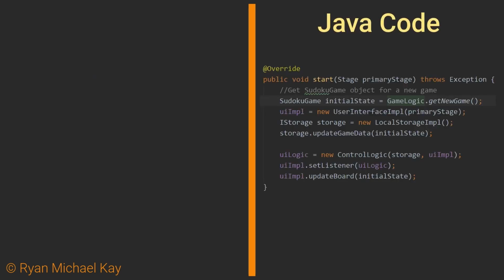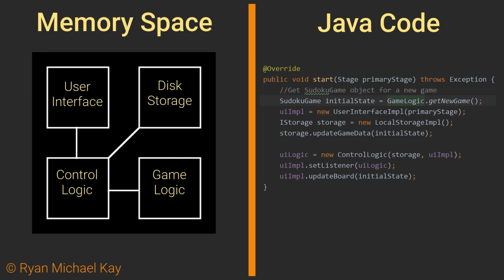For example, in the application I will be using as a teaching tool in several lessons, one of the first instructions, also known as methods, which is executed is called start. Do not worry about understanding everything going on here just yet. The only thing I want you to notice is these new keywords. The new keyword is one of the ways in which we create objects in memory space.